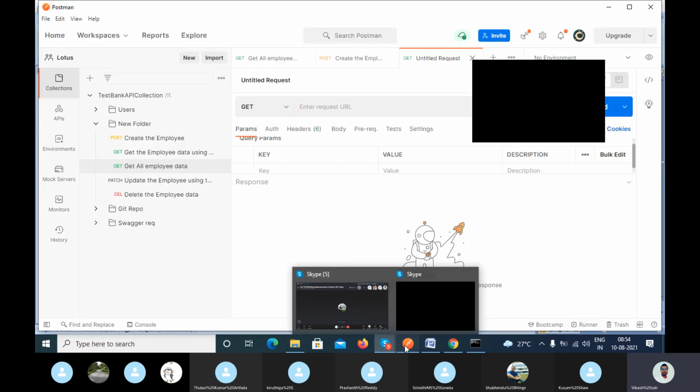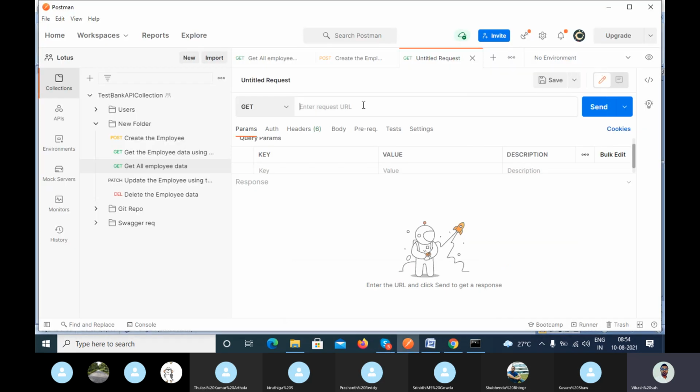When we get 204 no content, when we are trying to delete the data, in that case you will get 204 no content. Or we can also print 200 OK, depending on the requirement, not 201 because it is for created. You can print 204 or 200, depending on the requirement.